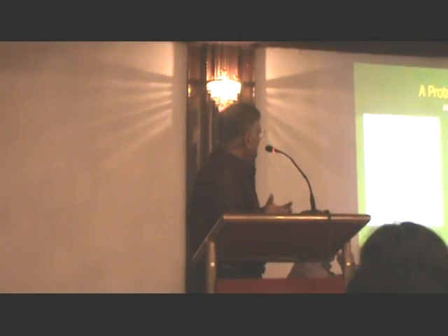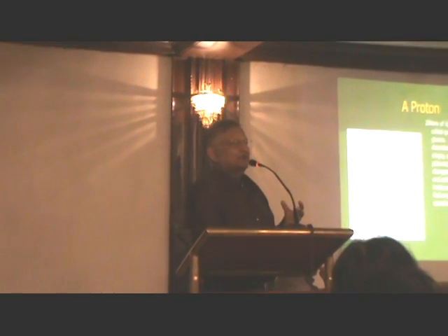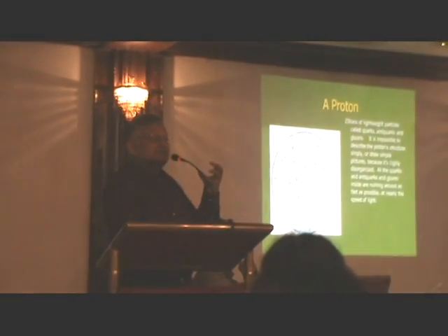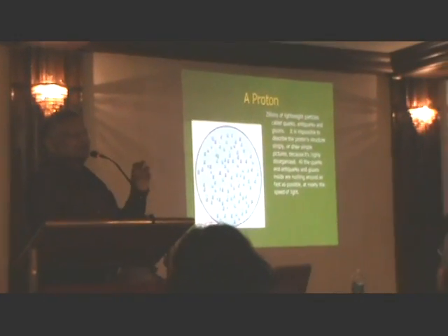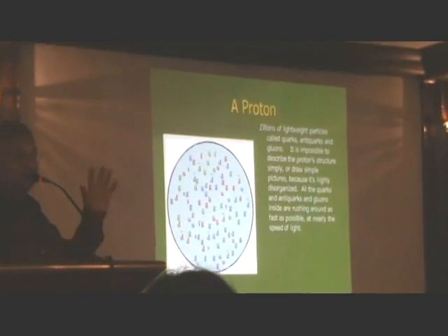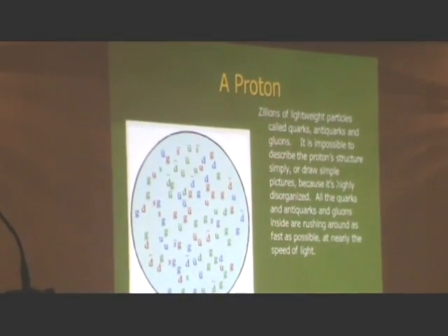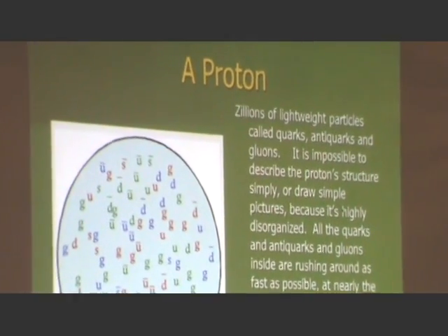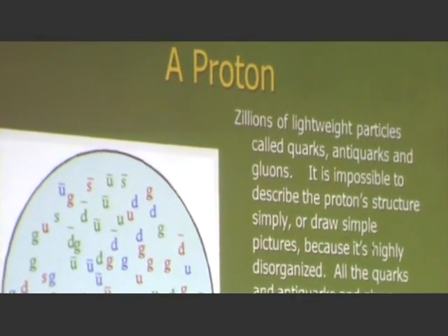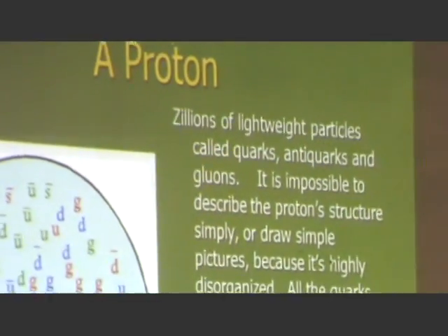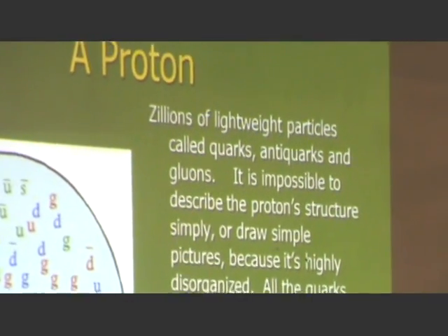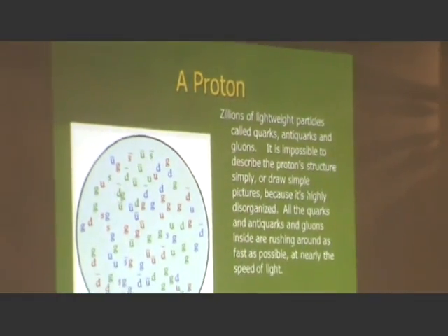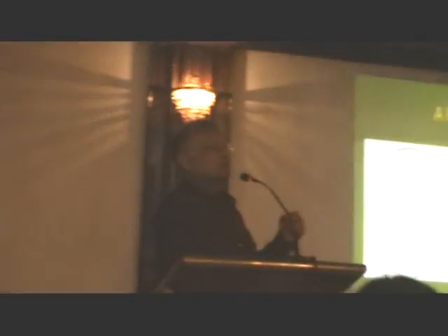But the proton is bigger. But now we come to really a mess. The proton that most pictures show is just a round object, as you saw in the early sketches of the atom. It's not round. It's not as simple nor as elegant as the hydrogen atom. The proton itself is a disaster because it consists of two types of quarks and gluons that are moving around inside the proton at about the speed of light.